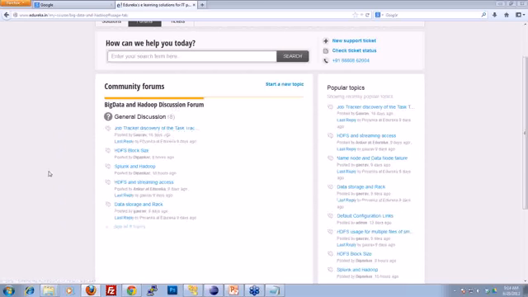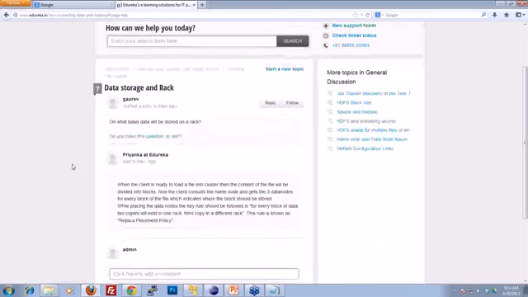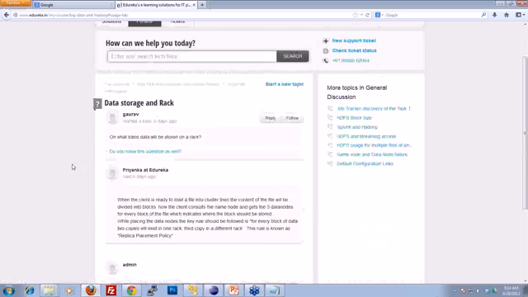So this will be a Big Data and Hadoop forum, and as you can see, the rest of the forums are not. You are a Big Data and Hadoop customer, so you will have all this page in front of you. So let me move to one of the common things, maybe for example, data storage and rack. These discussions are already going on. Priyanka, our excellent solution engineer, has already answered one of the questions, which I, being the kind of technical guy I am, had just asked after looking it up on Google or somewhere. So this is how this discussion will follow,